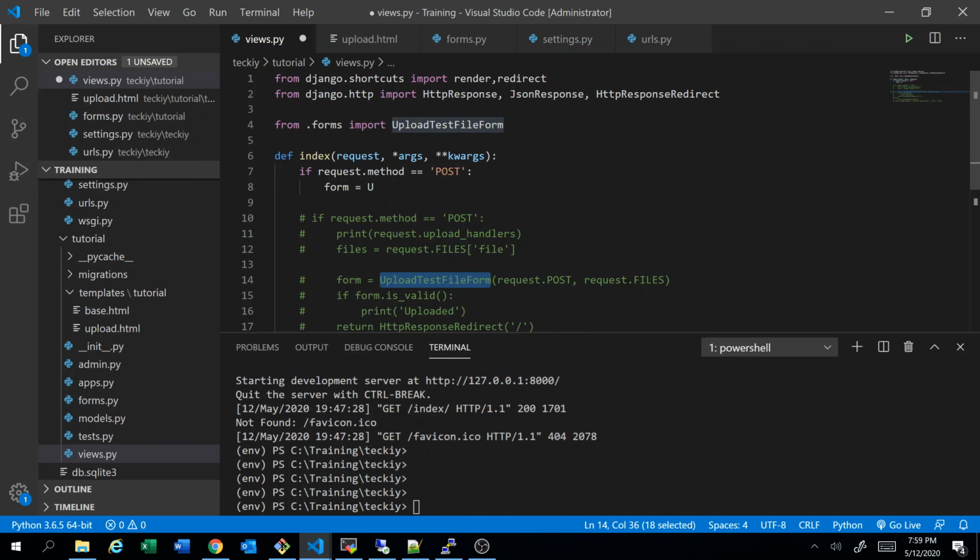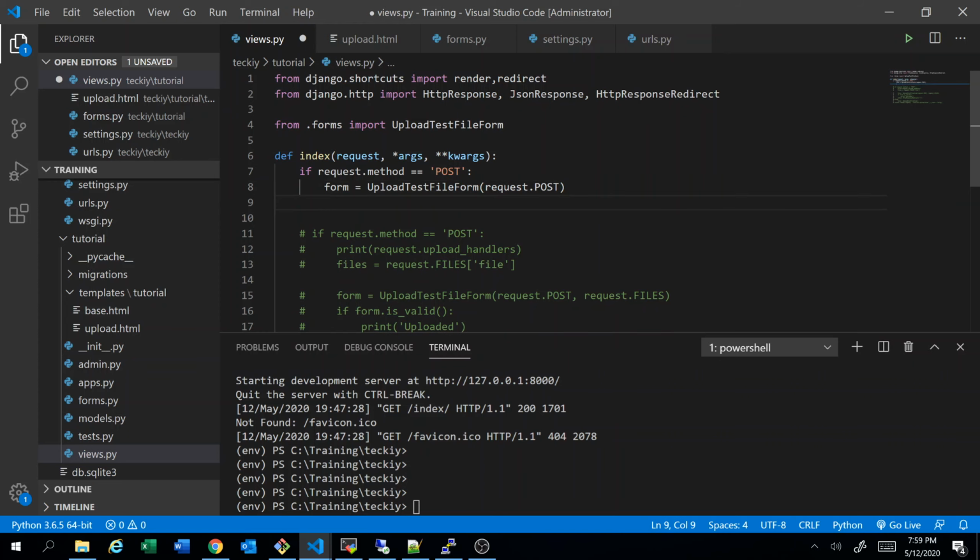I just commented it so I can paste it here. Order file form request. I will explain the code in just a moment. And then say print uploaded, else